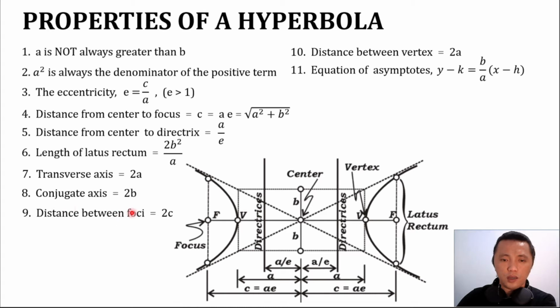Distance between foci is 2c. Distance between vertices is 2a. So equation of asymptotes is y minus k is equal to b over a times x minus h. So again, you have to familiarize all these properties. So I will give you a pointer or tip on how to efficiently memorize these formulas or properties for the